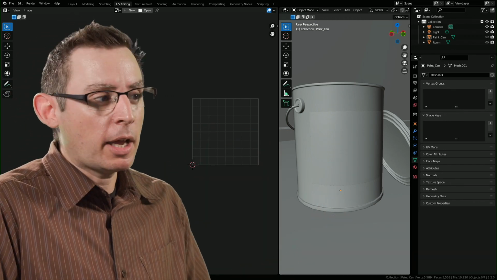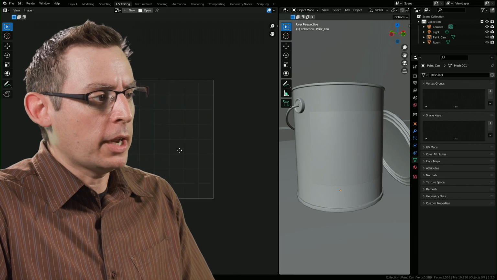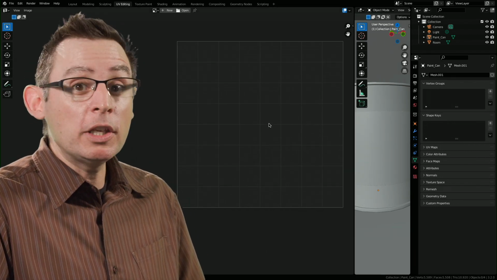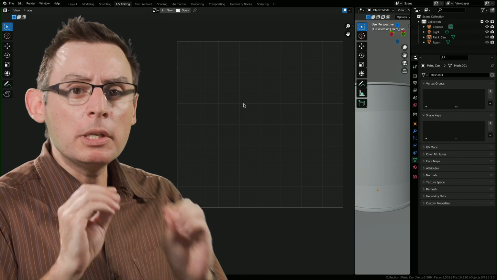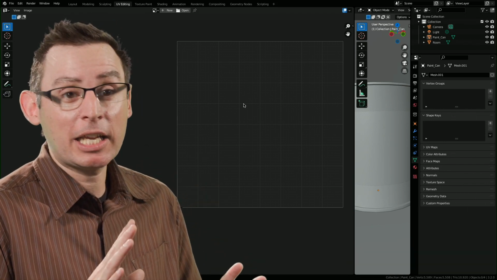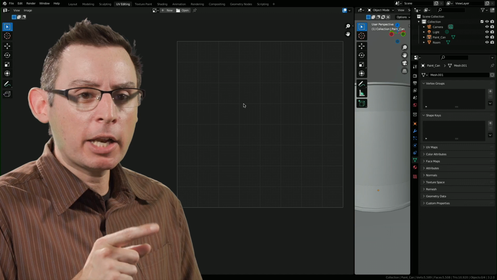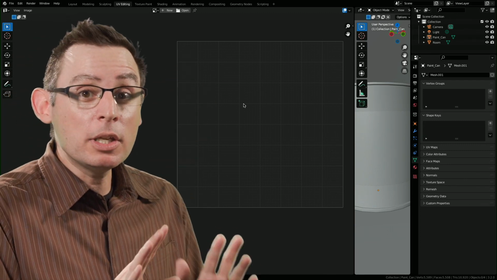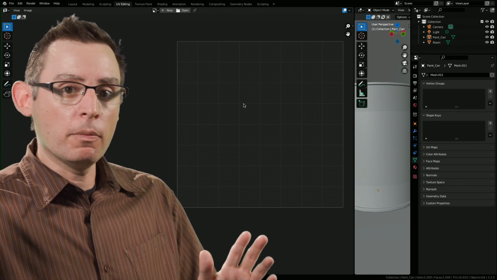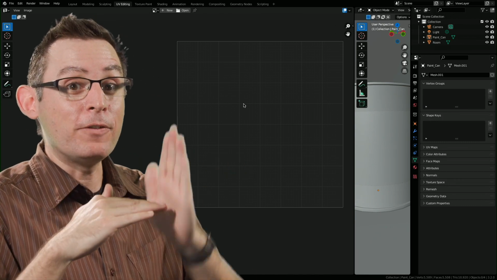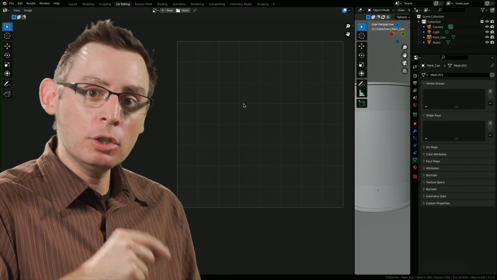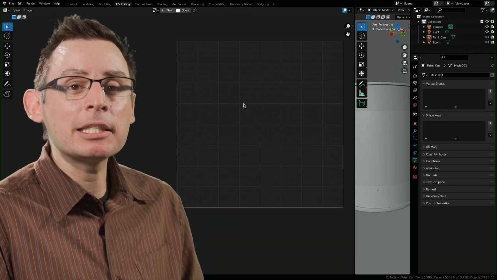On the left-hand side, we have a very important area. This little grid is the actual UV grid itself. This is a unique environment that's dedicated to texturing. What we're seeing here is not a grid along the X and the Y axes. We're actually seeing a unique texture coordinate system on the U, the horizontal, and the V, the vertical. You're only ever going to see and hear mentioned U and V inside of this texturing environment.